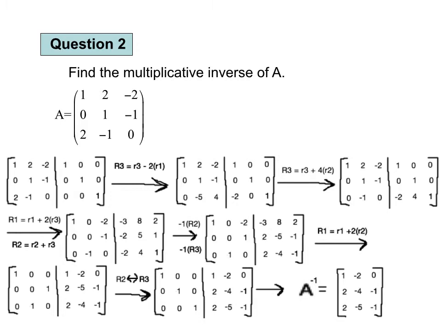pause the video again and go through my steps and see maybe where you made a mistake, okay, or where you had trouble. If you have trouble starting, okay, just try to eliminate numbers, okay? So notice in my first step, I took row 1 and eliminated the 2 in row 3 in the first column, even though the row 3 had a 0 in the third column, and I then got rid of the